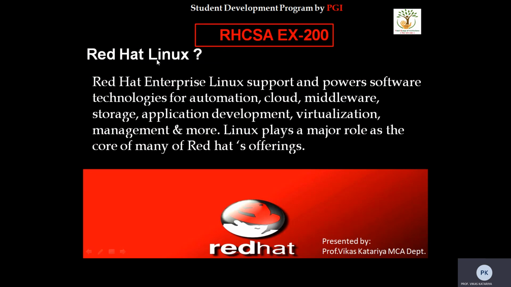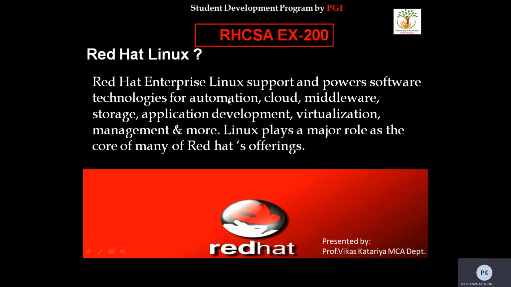What is Red Hat Linux? Red Hat Linux is a multi-user operating system. It is one kind of system software, and we know that all application software needs to run or execute with the help of an operating system or system software. So Linux is a system software, or we can say it is an operating system. Red Hat is an MNC company, a corporation which has a product, Red Hat Linux.